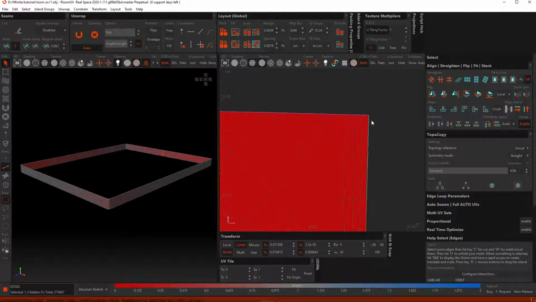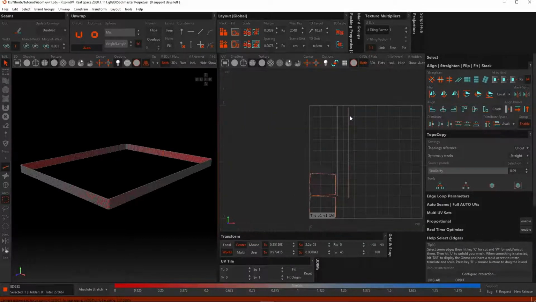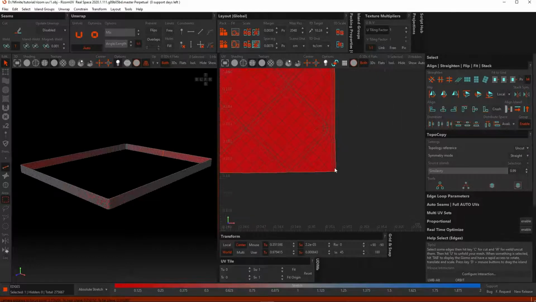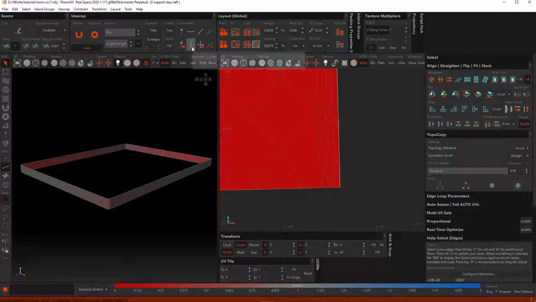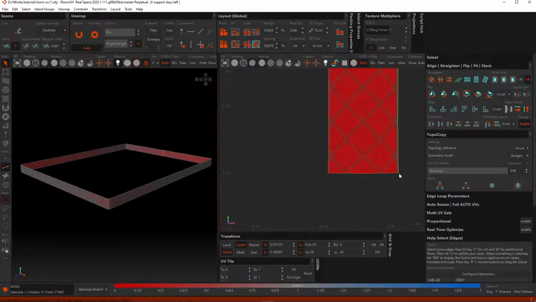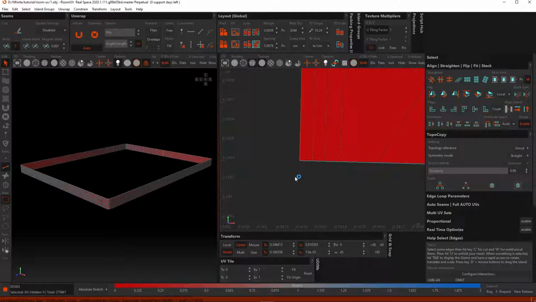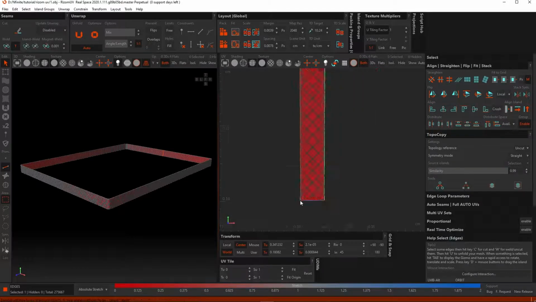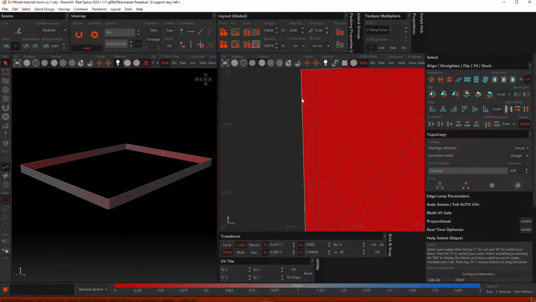Then I select this edge, hold Shift, go back here, hit this one and hit this one. You can see it become green, it means it's become vertical. So I select this edge, hold Shift this edge. This time I hit Alt T, it's the hotkey to make it horizontal, and this edge, Shift this edge, Alt V, it makes it vertical.